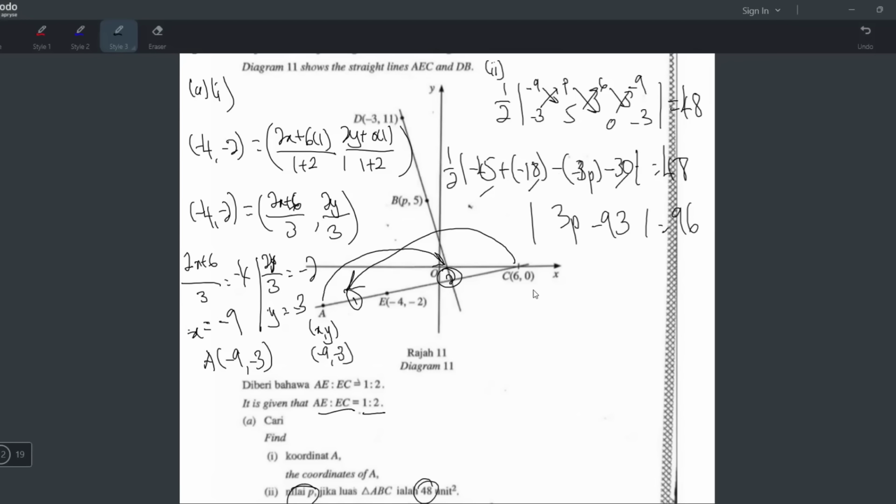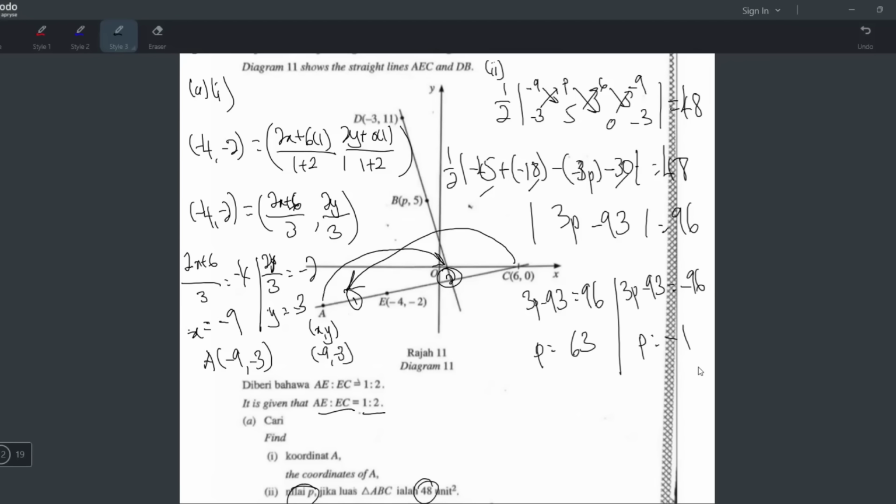Okay, now how to find P? Pindah modulus. When you pindah modulus, ada dua jawapan, satu positif, satu negatif. So the first one is 96, and there's another possibility, 3P minus 93 can equal to negative 96 also. Okay, and then now you can find P from here, P from here. Alright, how to find P? 96 plus 93, and then answer divided by 3. So you get 63. And then this one, negative 96 plus 93, which is negative 3, and then divide by